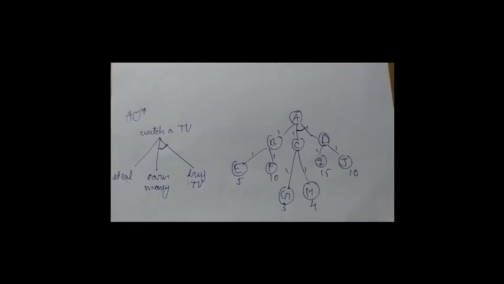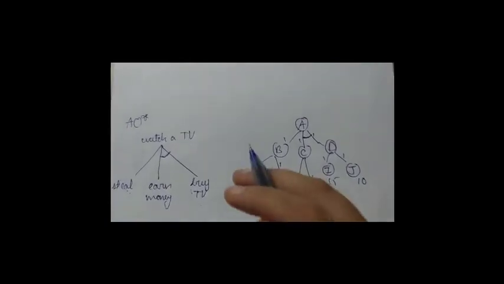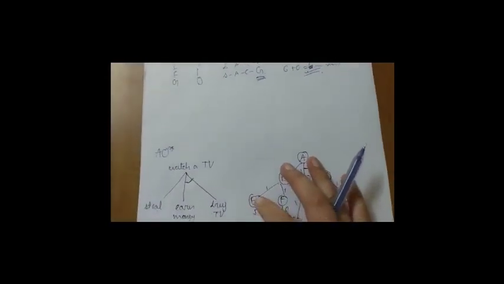Now let's start AO star. So first of all there will be a question like what's the need of AO star if A star was already present? So the answer is, this is because A star algorithm cannot handle AND OR graphs. So to handle this AND OR graph, AO star was introduced.